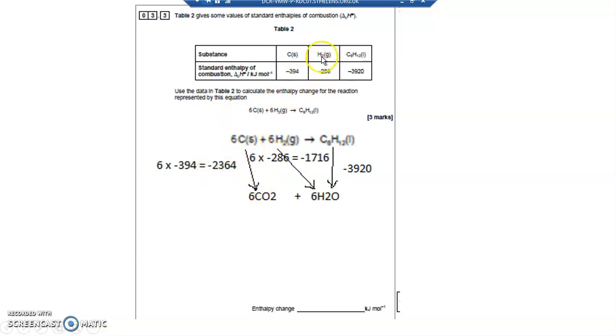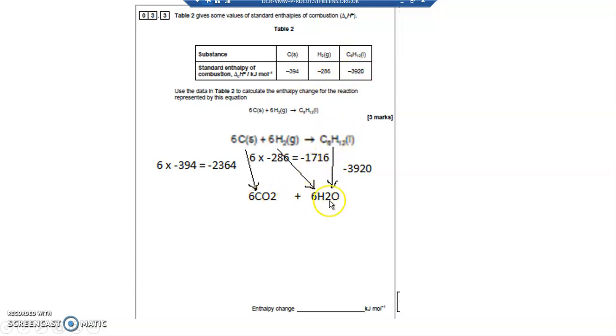I've got the enthalpy of combustion of hydrogen. Hydrogen and oxygen are going to make water. But again, I've got 6 H2O and I've got 1 H2O here, so it's minus 286 multiplied by 6, which is minus 1716. And I've got the enthalpy of combustion of the cyclohexane,